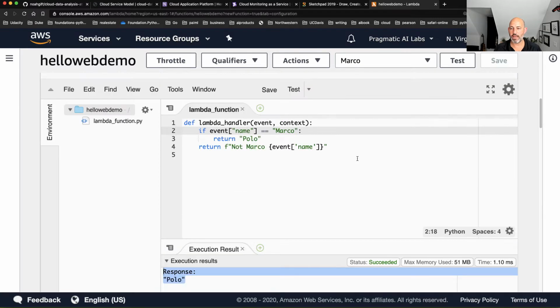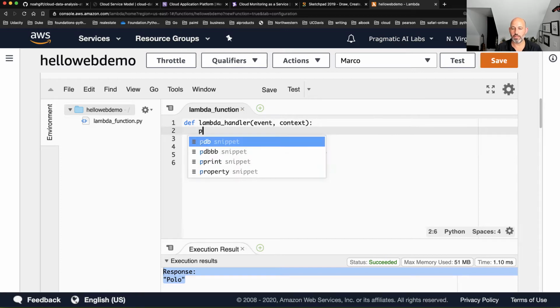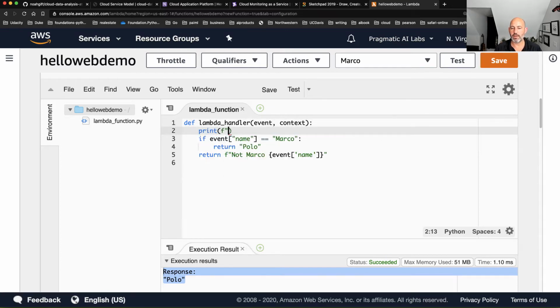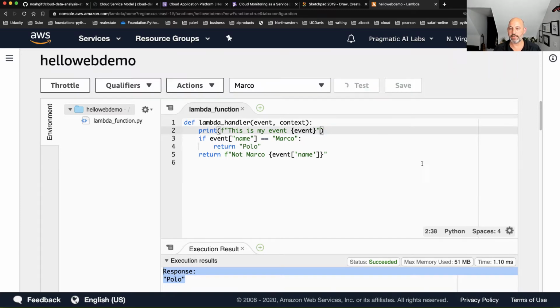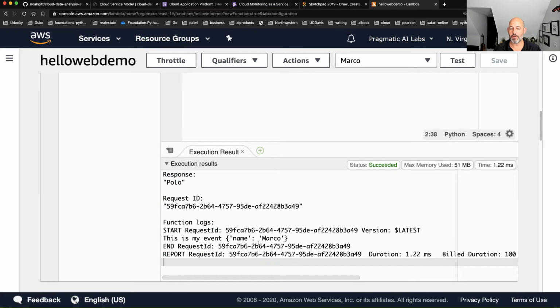That was the JSON payload. If I want to print out what the event is, I could go here and say, this is my event, and then you can see that as well, just to make it a little clearer. The core idea here is that it's really simple to build out these Lambda functions that are essentially like a lighter weight virtual machine.